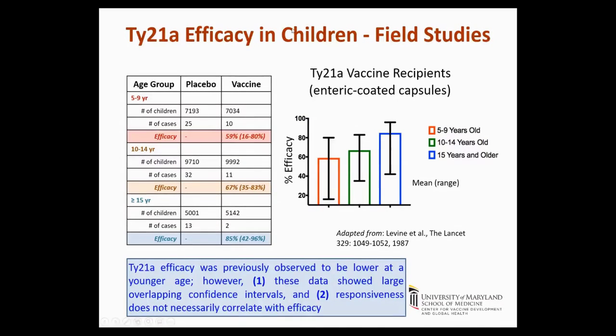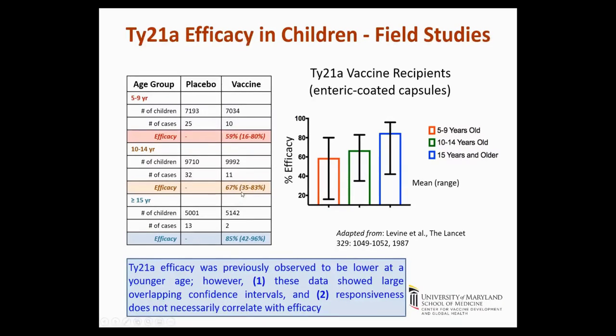In one of the few studies in which children of various ages were compared, a study that goes back to the early 80s in children in Chile, children of lower age have a somewhat lower response in terms of protective efficacy than those children that are 10 to 14 years old or 15-year-old children. And although there is a lot of overlap, there is a trend in efficacy. Here we can see 59% in the 5 to 9-year-old, going to 67% in the 10 to 14, and 85%